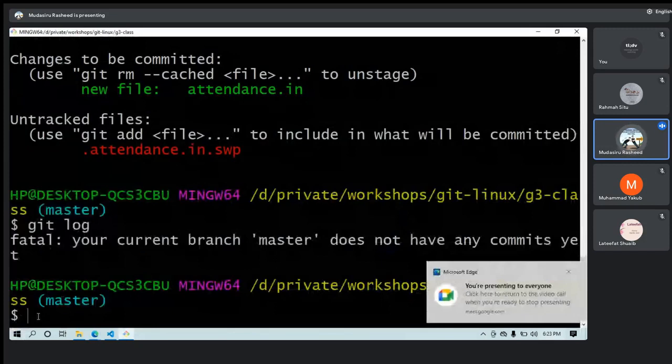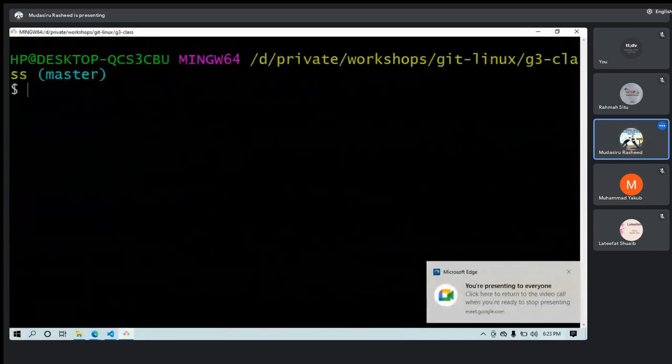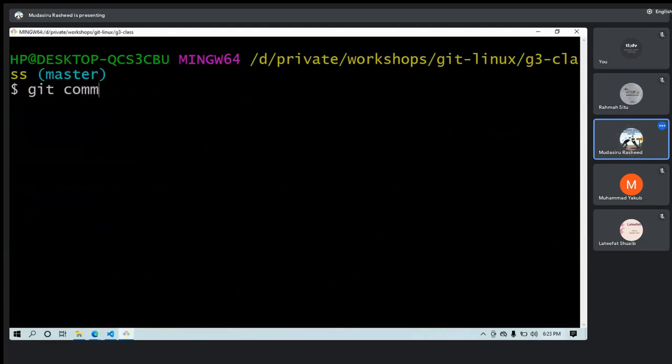Okay, so I can go ahead and clear so that we can see everything. So I can say git commit. Git commit is the command for committing. But now for me to commit this, we need to tell the other people we are working with what this is that I'm committing. So I can say dash m. Dash m is a flag. It means message. Then I can come here and put my message.